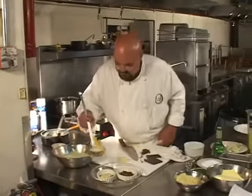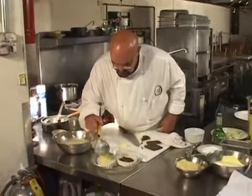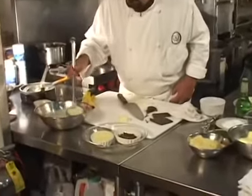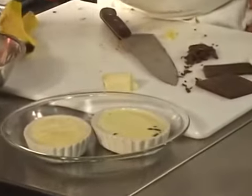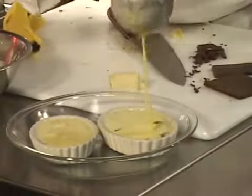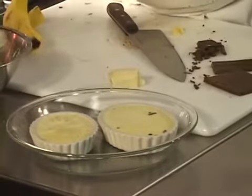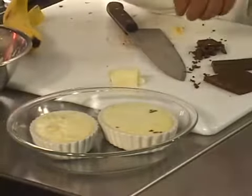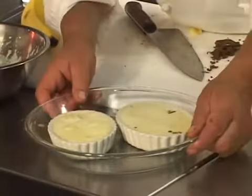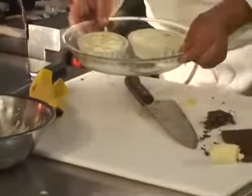Now we take the custard, pour it on top. Same thing over here. Take and fill them up to the top. Now, to bake the creme brulee,